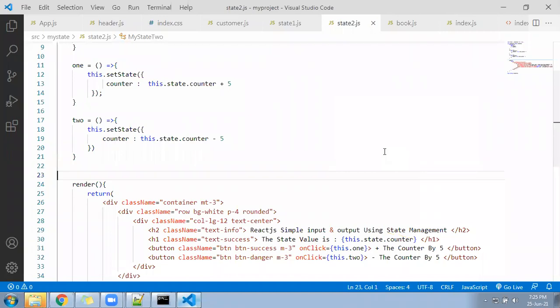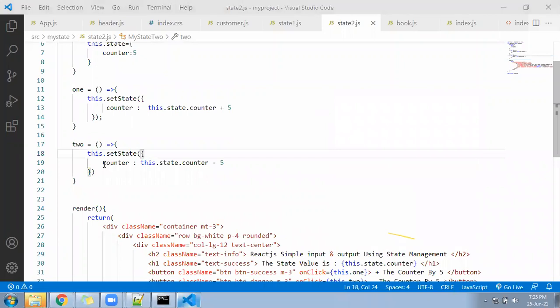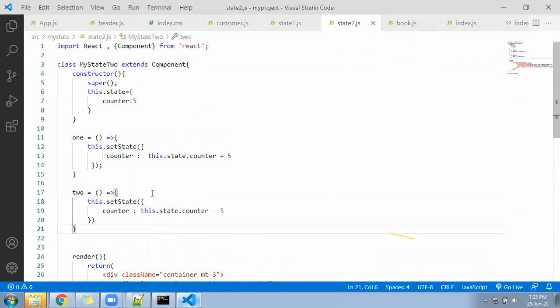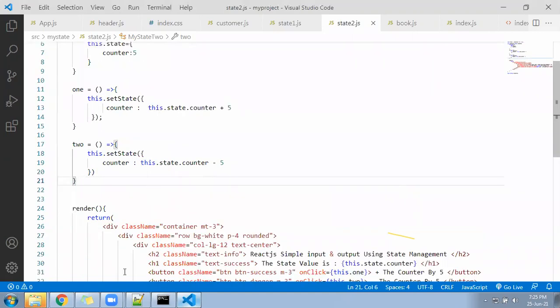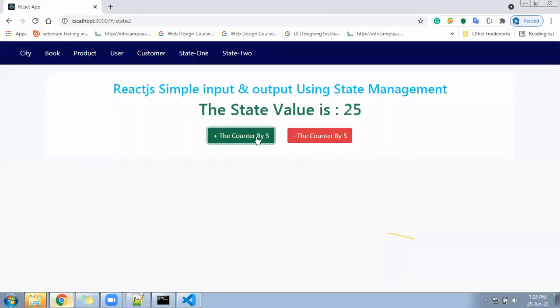It is simple. See, it has 50 times less complexity than your JavaScript. Okay, it is also JavaScript only, but in a little more organized way. So let me go here and check once. 5 is here. I'll keep on increasing, it is happening, keep on decreasing, it is happening, right? So overall, wherever you are updating the value under the state, it will go under the minus also.